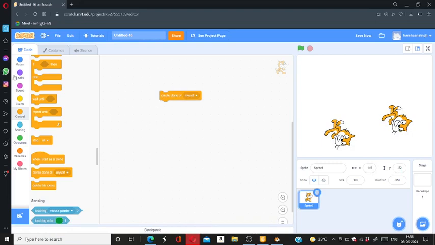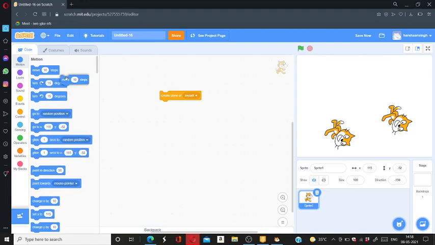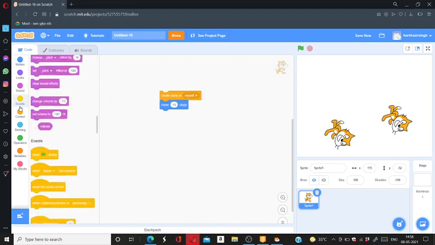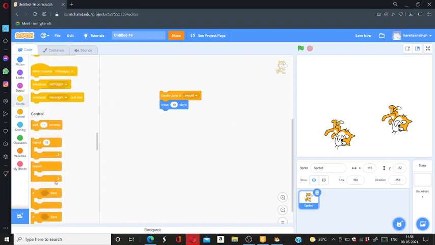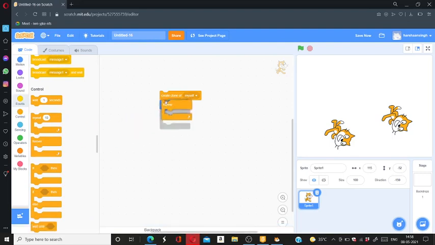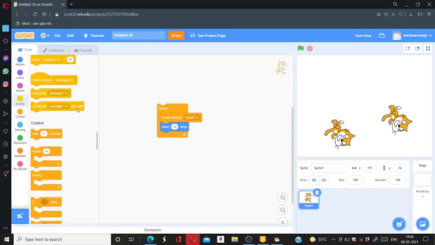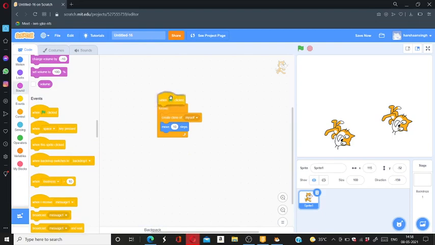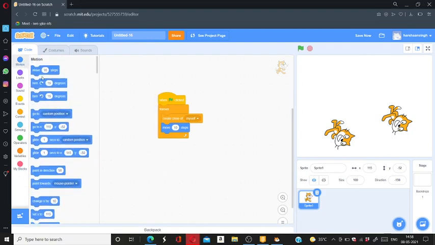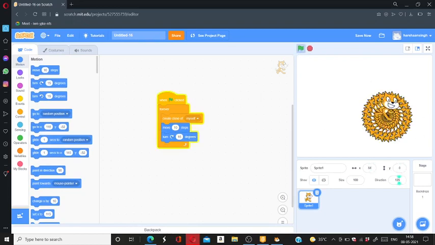Now if I put a move block, maybe move 10 steps, and then what will I do? I put a forever loop, and we will put the create clone also in forever. It's just an example. So when this is clicked, forever, and we can do it like this. Yeah, now see, it will move. See what a great design. It will move